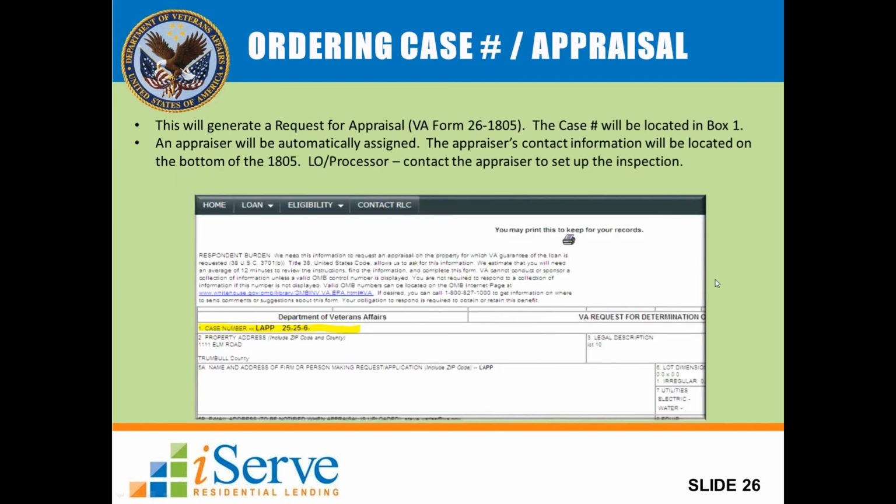All right, so once you click Submit, that is going to generate a request for appraisal, aka the 1805. Again, because I couldn't make a dummy loan, I just took a sample, just a little screenshot here. You'll see in the upper left-hand corner, box 1 is our case number, and these first prefixes here are going to be based on the VA region code, and then that's 6, which I'm sure means something. And then the numbers that follow, which have been whited out in this case, but those are the remaining numbers of your case